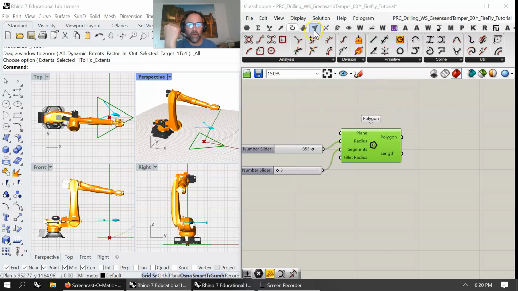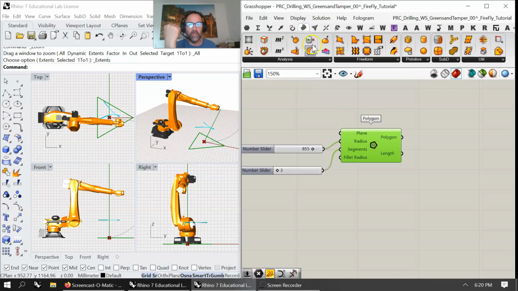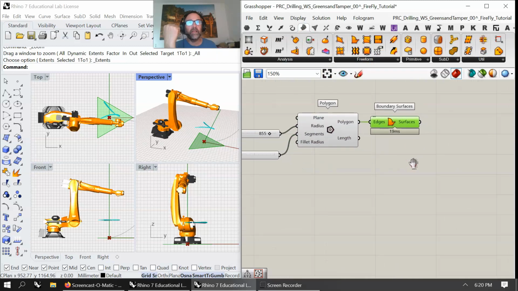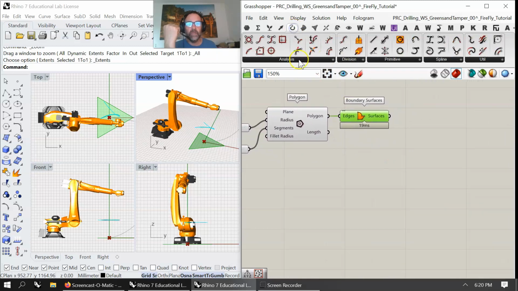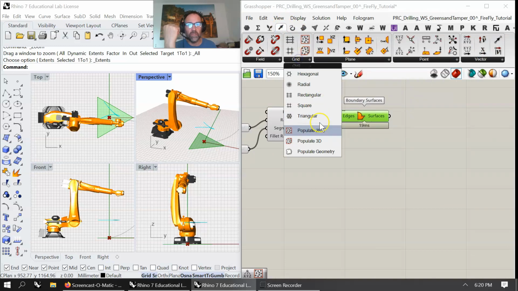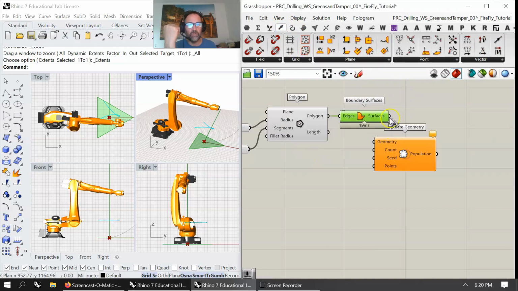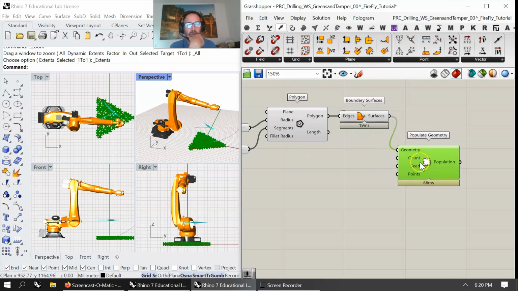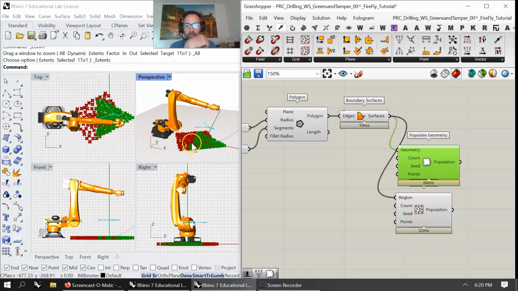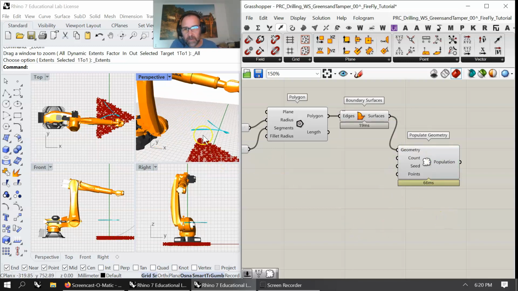I will probably grab a surface because I like to populate areas. So I'm just going to grab a surface from those polygons. And then I like the tool of jumping in here and going into the grid tool, but saying populate geometry, which is nice because if you don't populate geometry and you just populate a 2D, you'll see the difference. If I populate 2D, it's going to make the region square,